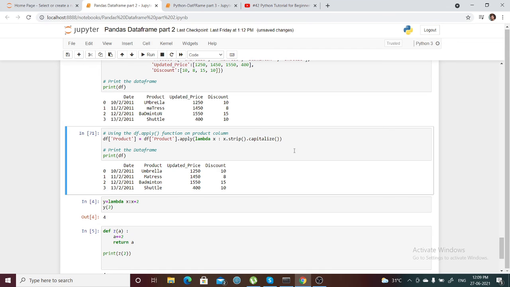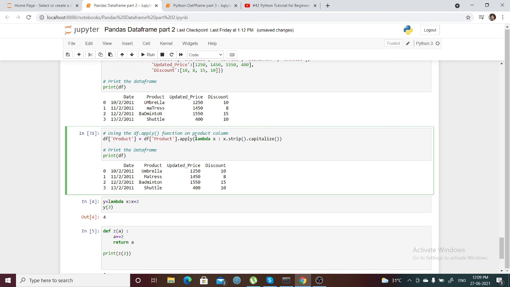Instead I can use lambda functions, or you can say anonymous functions, to apply this on this particular data frame. It will happen in just a single sentence, so there is no need to manually write 3 to 4 steps of different functions and then use them on this data frame and column. So we can use these functions and apply them to this particular column.